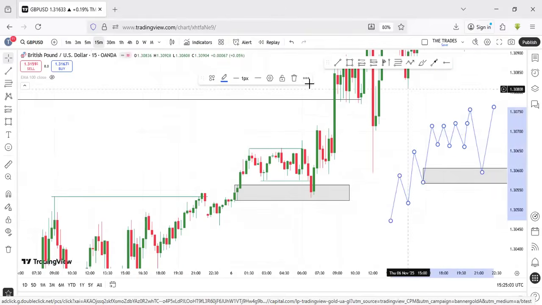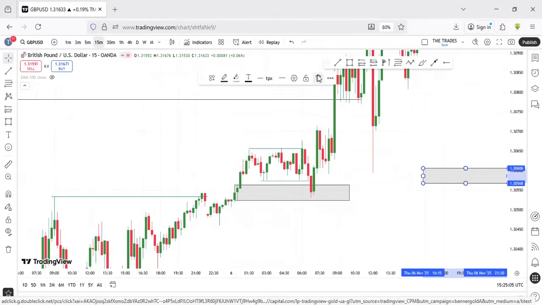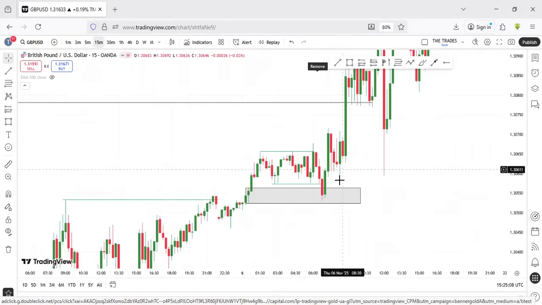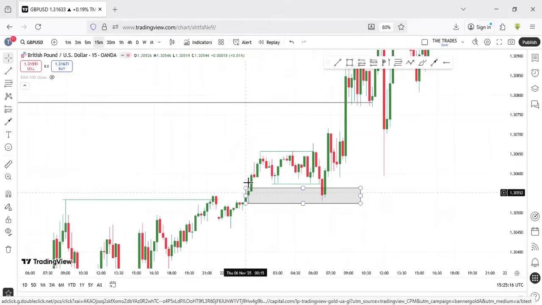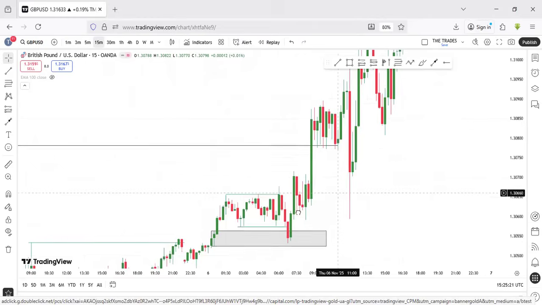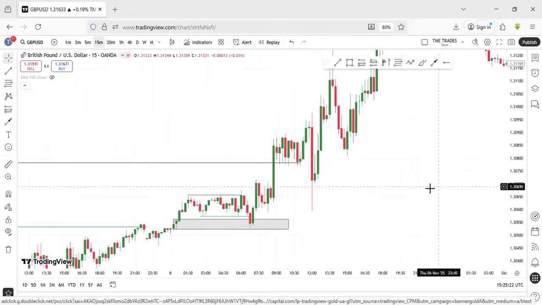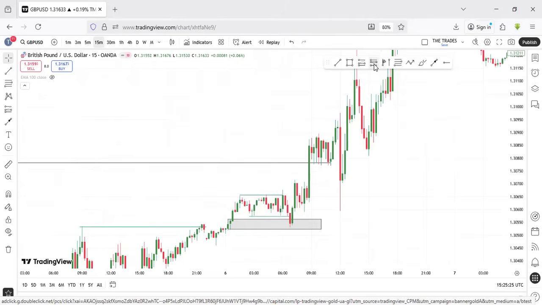So let's quickly delete this and this. It started moving to the upside. Now, where is that order block? Look at the order block there. Remember, an order block with a fair value gap is always very strong in the market. What happened? The market did this here and continued moving to the upside, giving us this wonderful 6-to-1 risk reward trade that we caught on